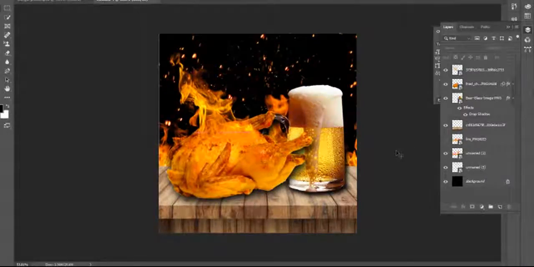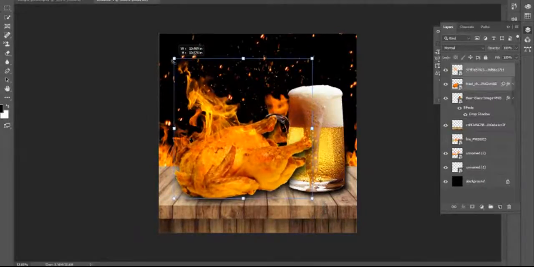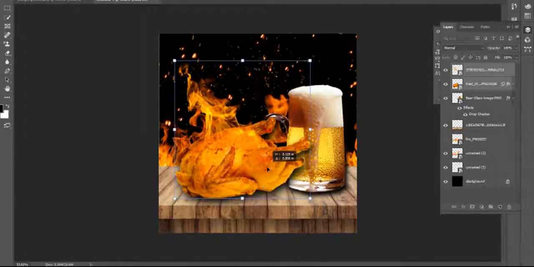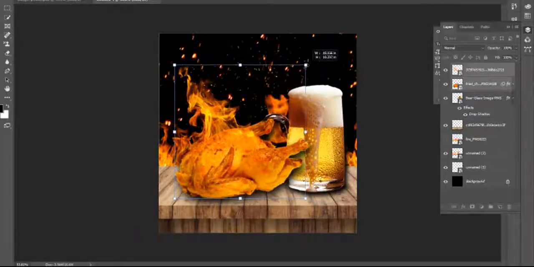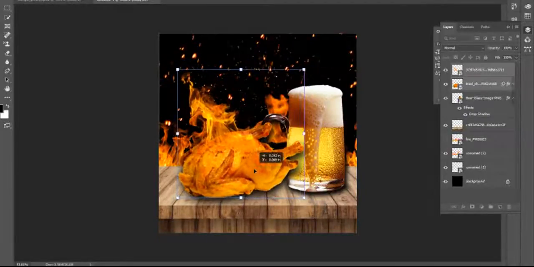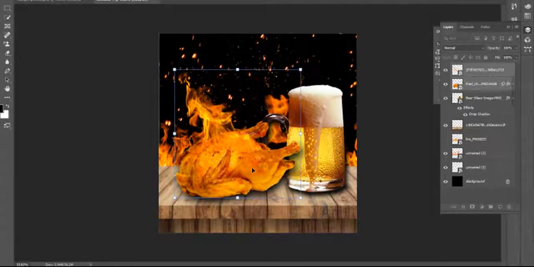Then I select the flame and chicken and use Edit Transformation. What happened? Yes. Chicken is here.